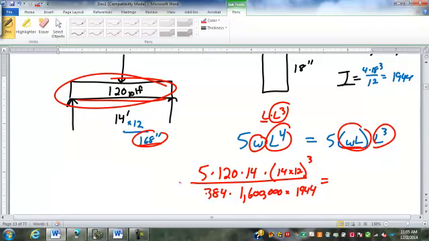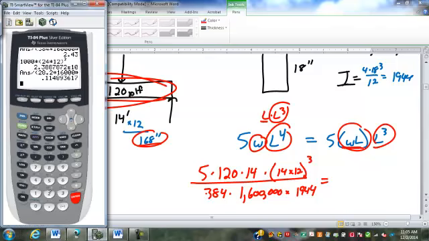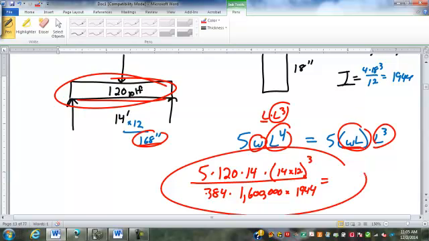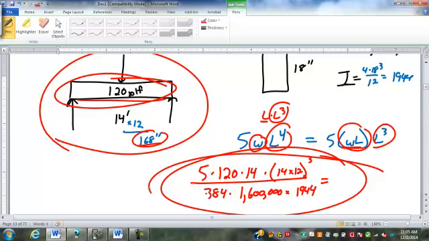We'll finish this example, we'll call it a day, and we'll come back on Thursday and we'll go over it again a little bit, since I messed up. So 5 times 120. In fact, you know what? Since I made that correction, let's leave this example. This example can be your homework, and we'll go over it on Thursday, and we'll go over more of this on Thursday. How's that sound? So this one problem is your homework with this clarification being made. That'll be my consolation to you for